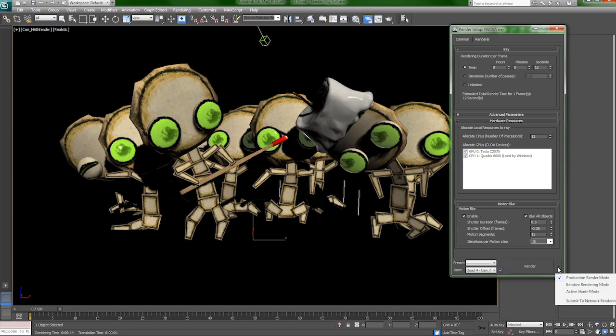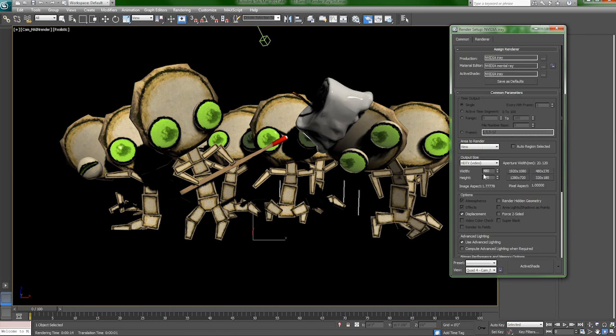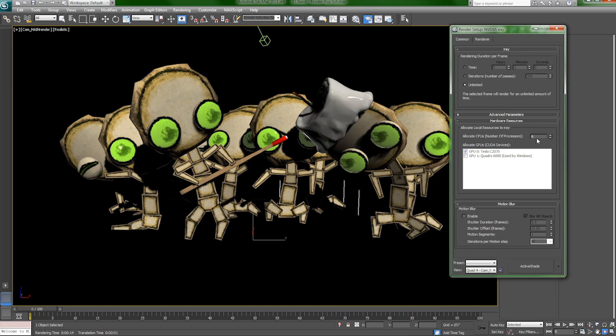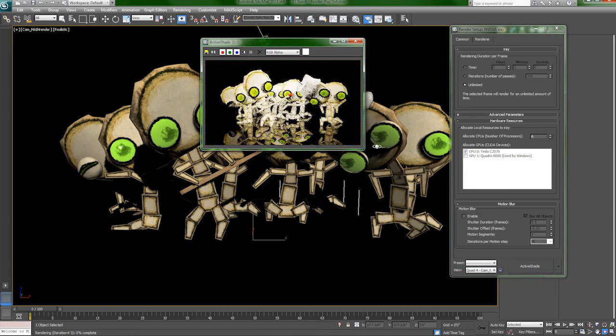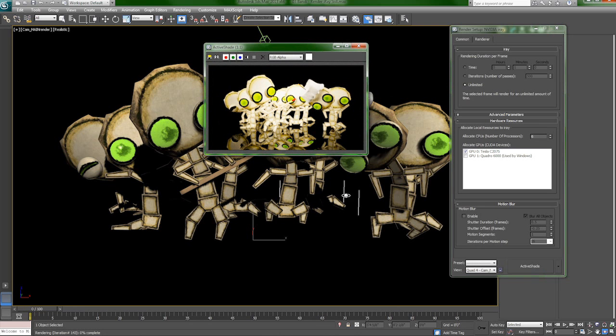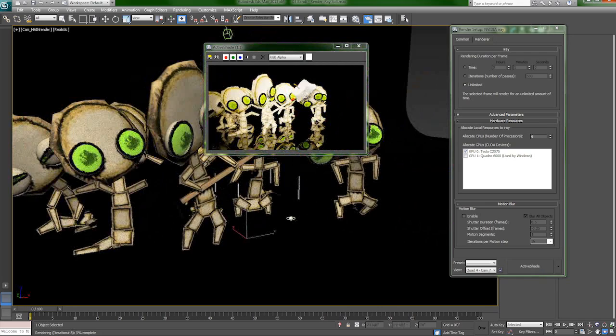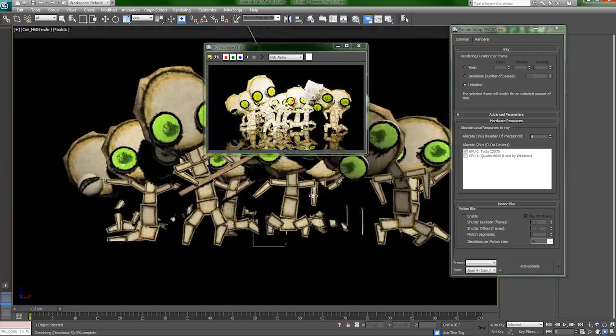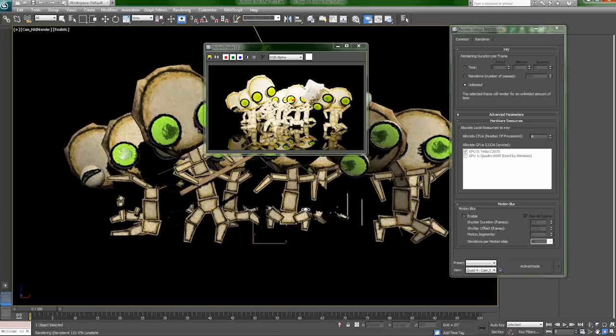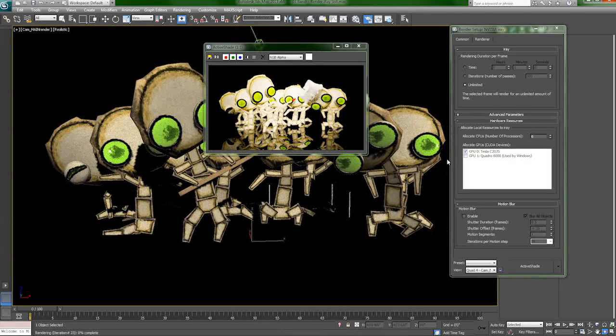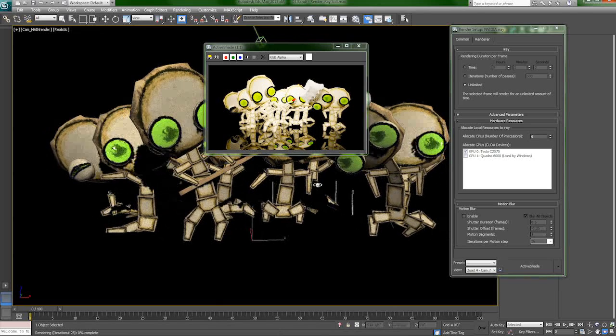But maybe more importantly for all our test rendering is that I can switch over to active shade here, and I just want to check that this is a smaller view, and I'm going to say that the active shade is only using half the cores in this box workstation and only one of the video GPU cards. So now when I do an active shade render, we see that our image is doing that interactive iRay rendering. However, half of the horsepower of this workstation is still assigned to me, so I can manipulate my scene and navigate around very freely using 6 of the 12 cores, as well as the Quadro 6000 is now set up for me, and the Tesla card is doing the iRay